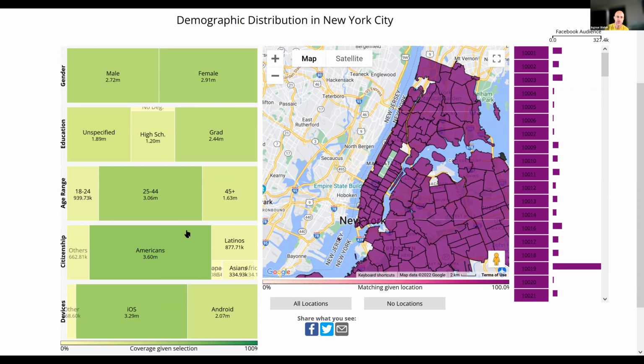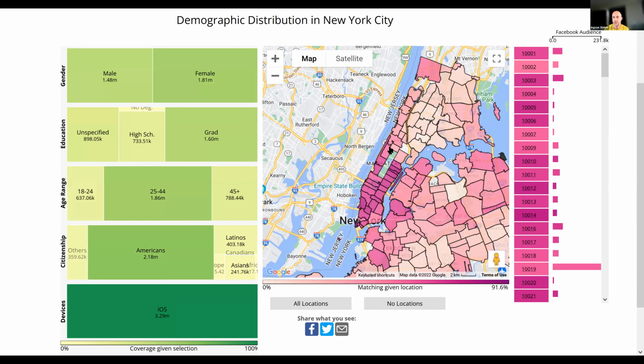Then in this data visualization, you can look at what is the spatial distribution of iOS users among Facebook users, right? So here you would see that in lower Manhattan and Midtown, the banking district, you have about 90% of Facebook users using iOS devices, which are typically more expensive than Android devices. On the other hand, in the Bronx, you only have 40 to 50% of Facebook users using iOS devices, right? So you rightly expect this wealth differential between those two areas.